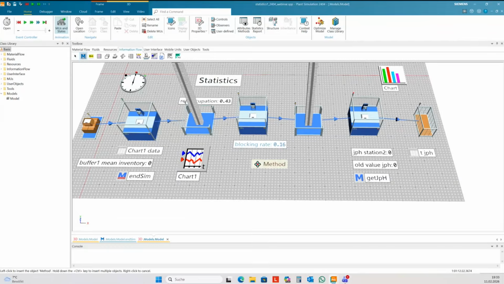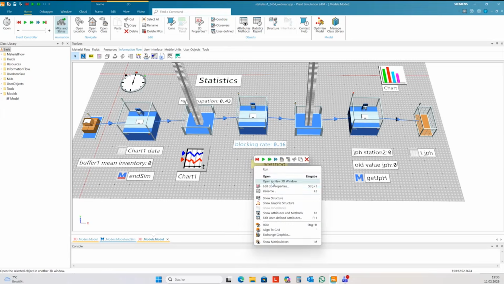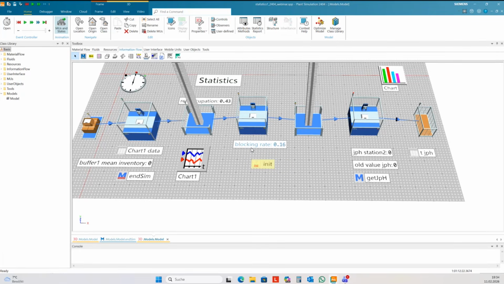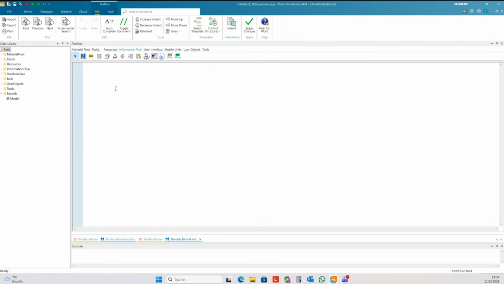I guess you know the init method will be called by the event controller at the start of the experiment. Or better, the event controller calls all methods with the name init in your frame, in your stations and your elements at the start of the experiment. So you can have a lot of init methods. And within the init method, I first delete my table, the content of my table, and then